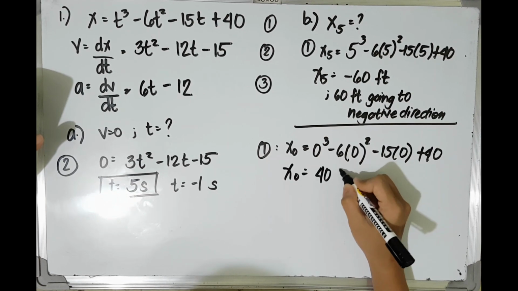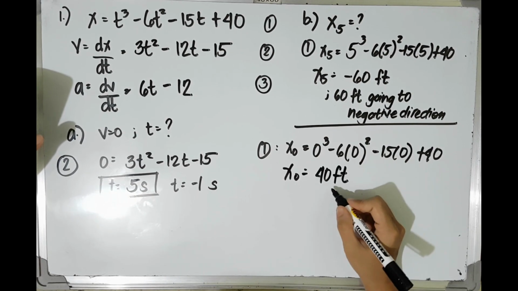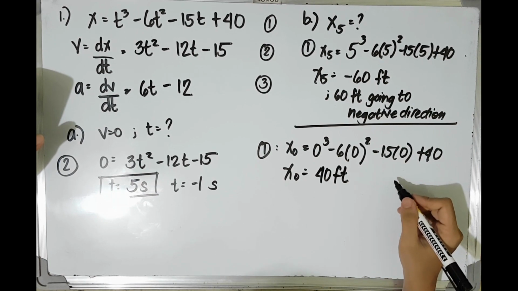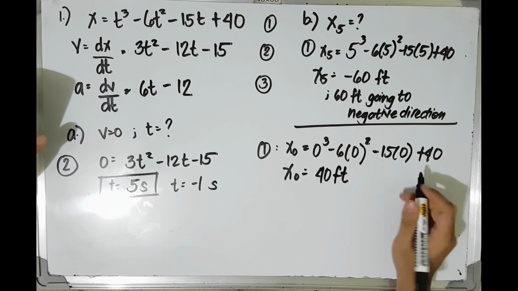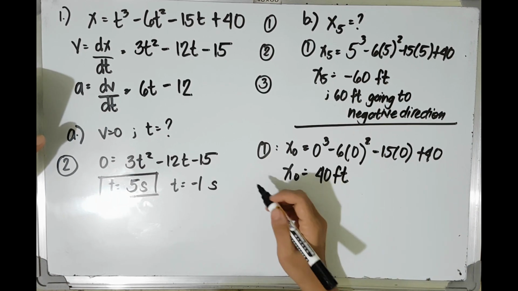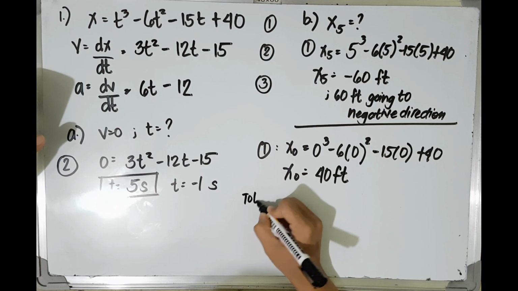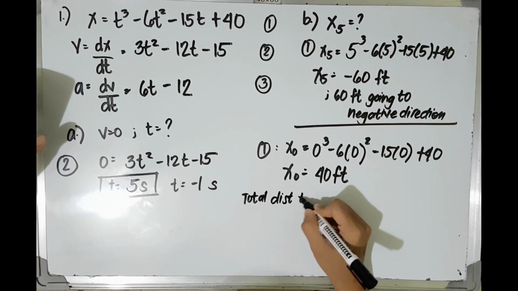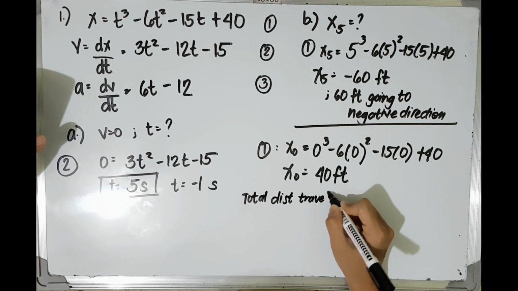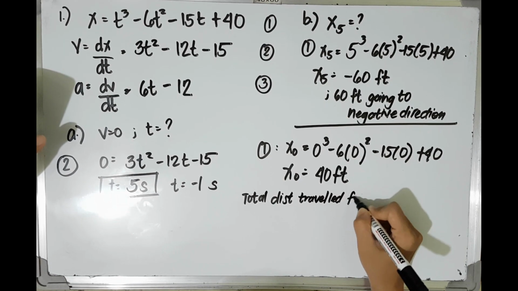So the position at time 0 will be 40 feet, 40 feet to the positive direction. So the total distance traveled from time equal to 0 to 5 seconds